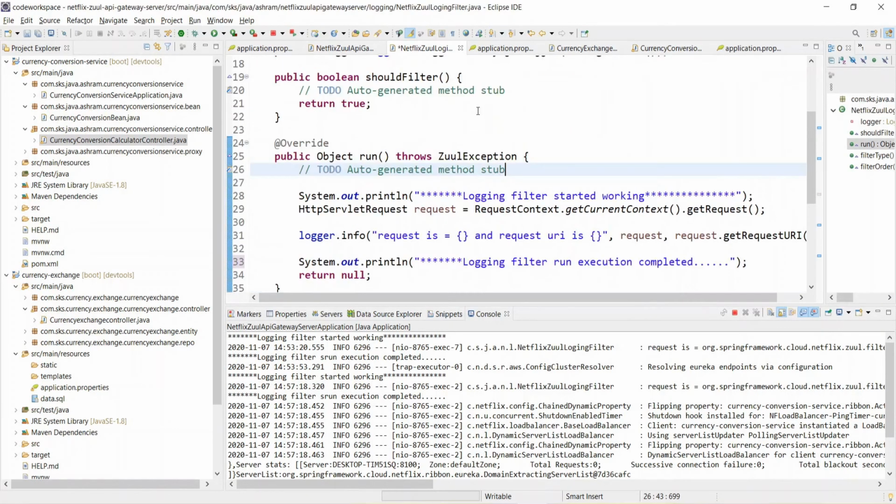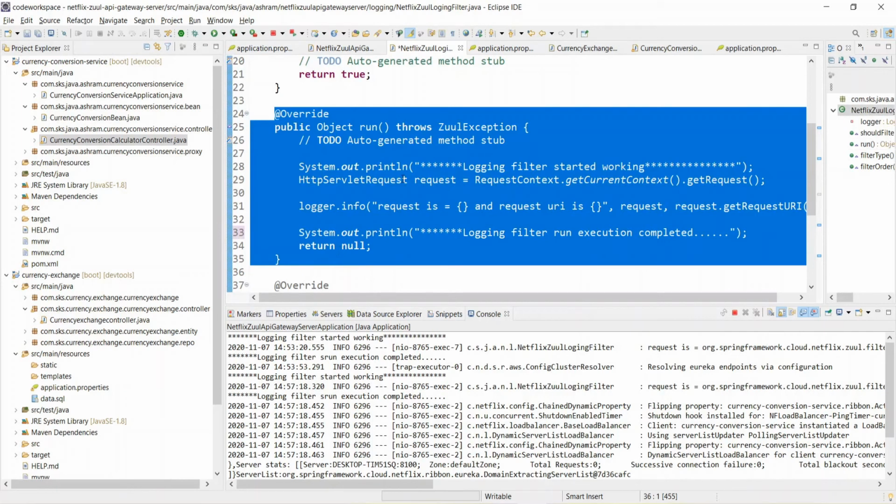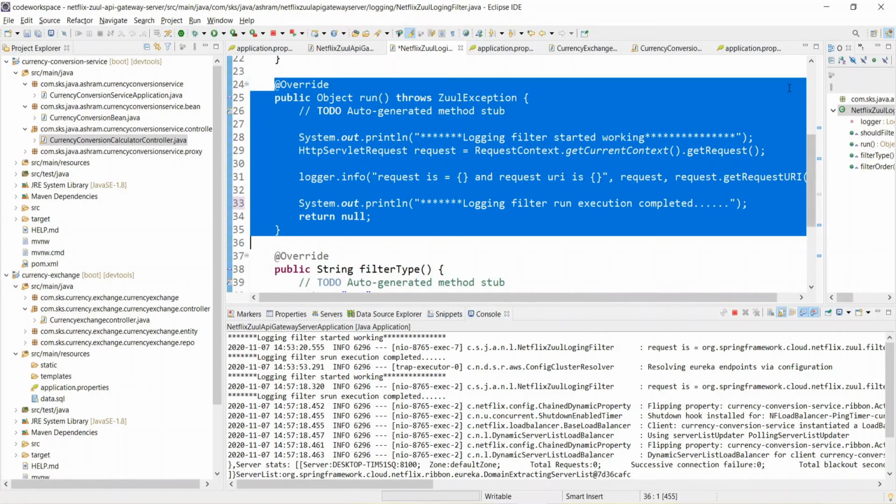Each time the requests are hitting and passing through the Netflix Zuul API gateway server, this run method will get called, and we had already written the pre-filter type. So before the request hits the currency exchange service or the actual service that I need to call, this method will get called.